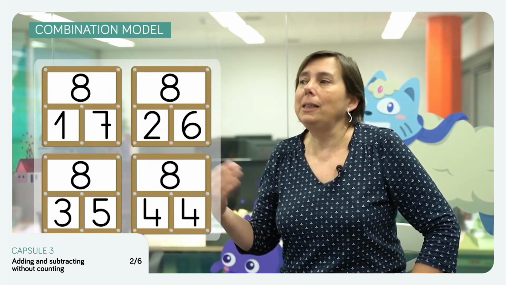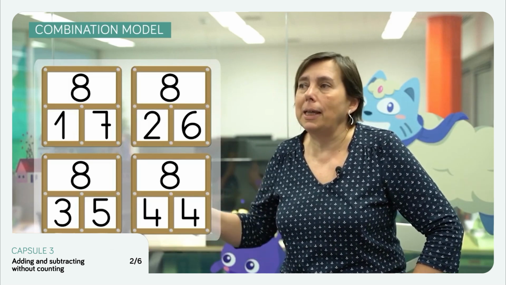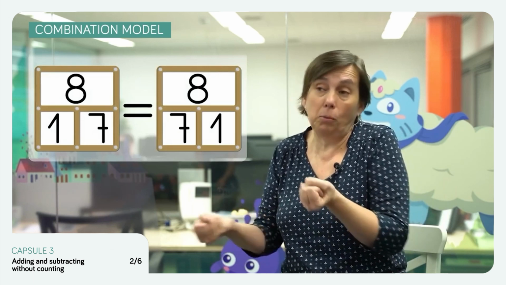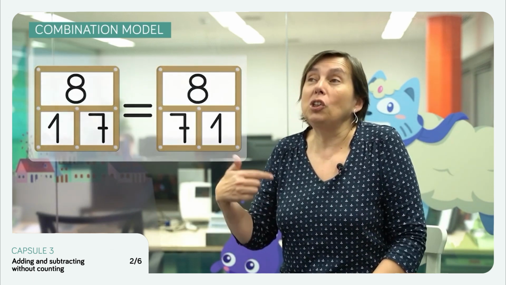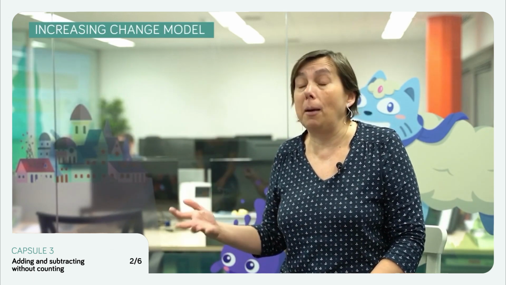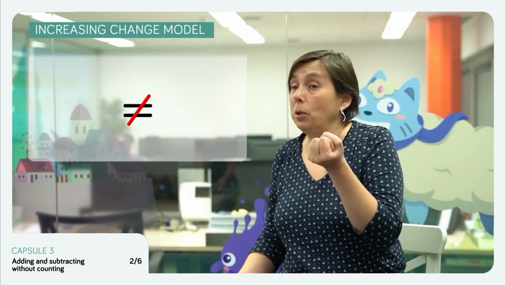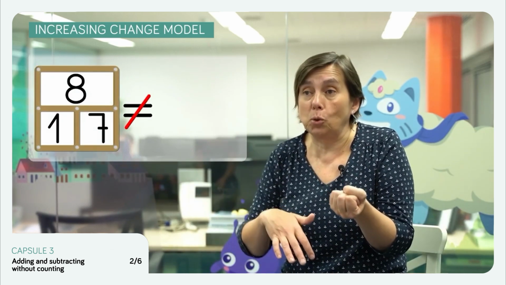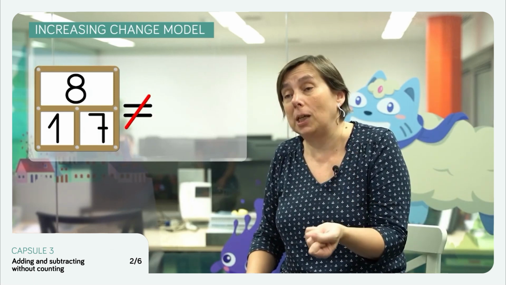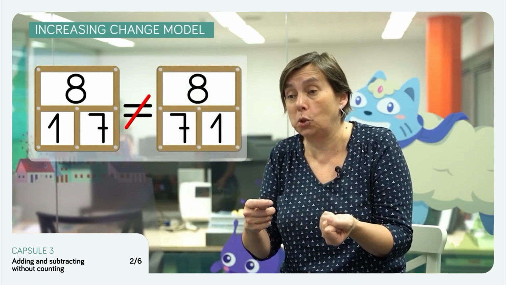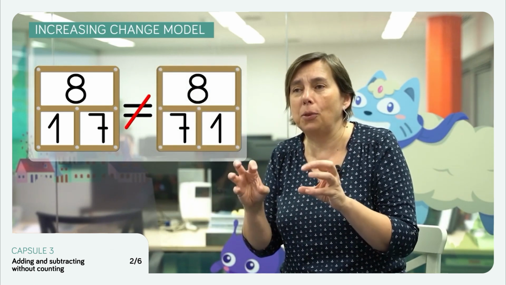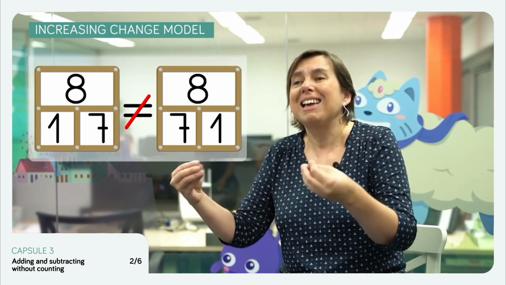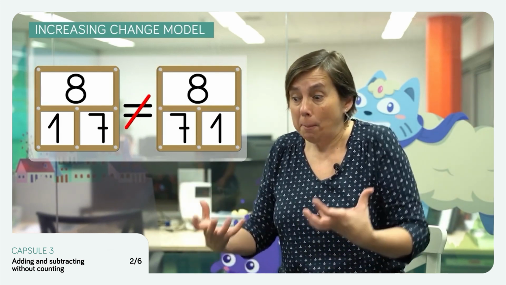If they are using a combination model, they don't need to move on to the missing solutions, 5 and 3, 6 and 2, and 7 and 1, because actually, combining 1 with 7 is the same as combining 7 with 1. But if you're modeling a situation using increasing change, it's not the same that there is 1 person on a bus and 7 get on, as 7 people on the bus and 1 gets on. It is clear that both situations lead to the answer that, in the end, there are 8 people, but the